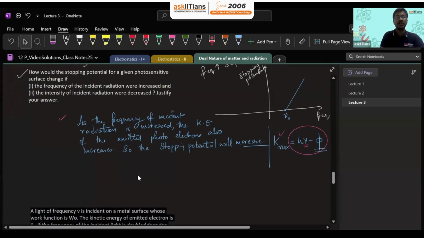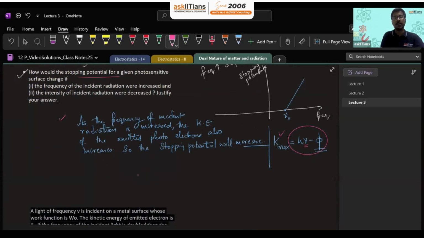Now, coming to the second question, how would the stopping potential be affected for a photosensitive surface if the intensity of incident radiation were increased? So, second part, as intensity increases, number of incident photons increases, and hence